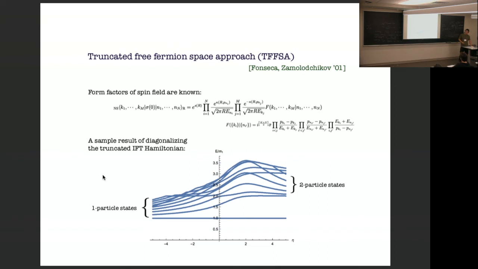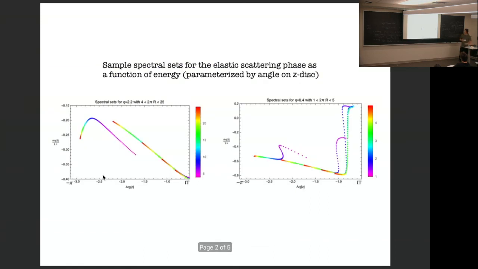Unfortunately, I don't have the time to describe that procedure in detail. I'll just show you what kind of result it looks like. Here, what you do is you collect the data of, say, the first two particle state, the second, third, fourth, fifth two particle state, and so on and so forth. You translate that into a prediction for the scattering phase using the Bohr-Sommerfeld quantization formula.